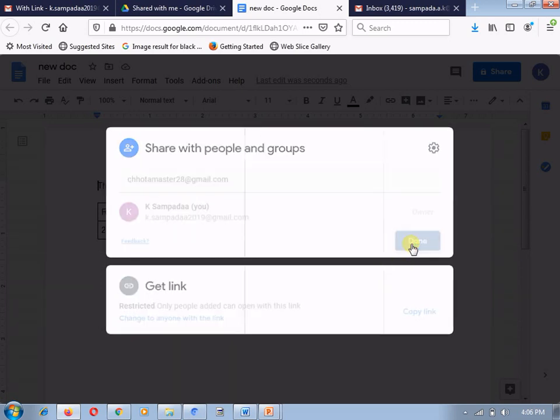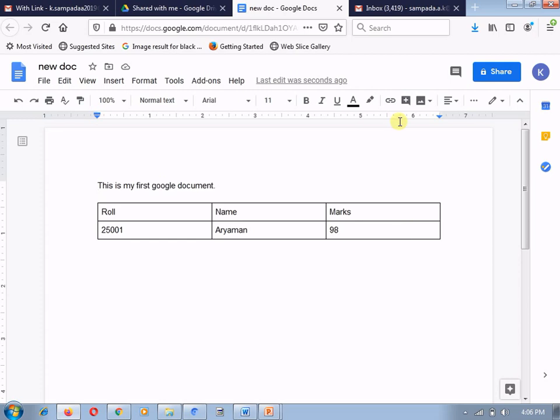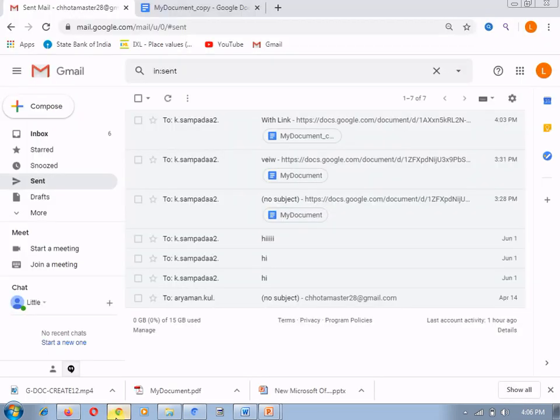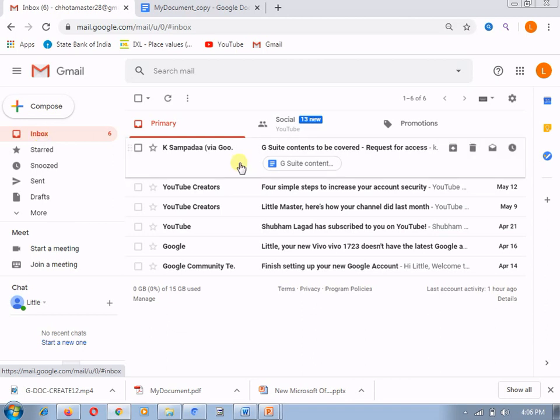I am sending it to that particular person. Now let's check the mail ID for this account, and here you can see that the Chota Master or the Little Master mainly is receiving the mail.